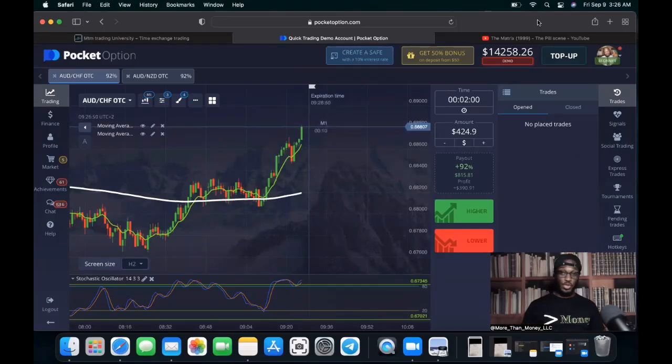Y'all see the title, so we're not gonna waste no time at all. The importance of checking various time frames. This is very important, guys. Take note of this, internalize this, and make it a habit.